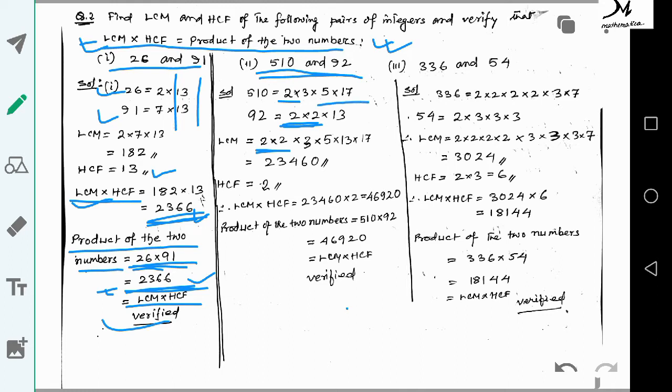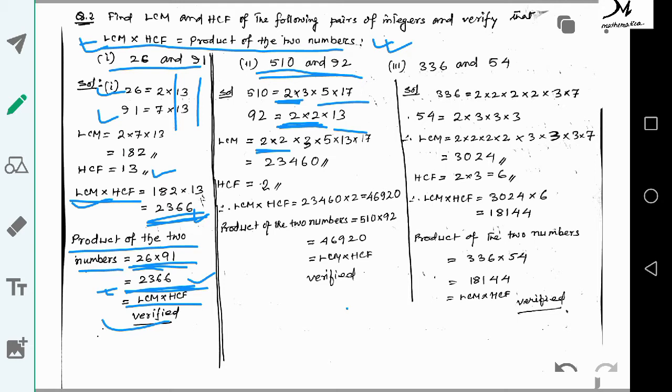Okay, so that is for LCM. But in case of HCF, you can take only the common factor. Here 2 is the only common one. Okay, only one 2 is present in each case. Now you see, in this case, though there are two 2's, here only one 2 is there.